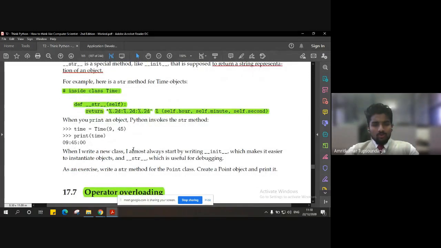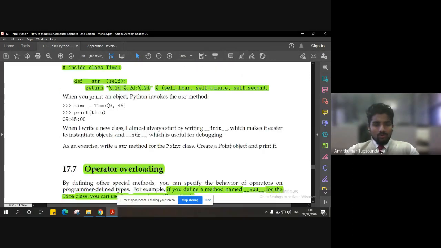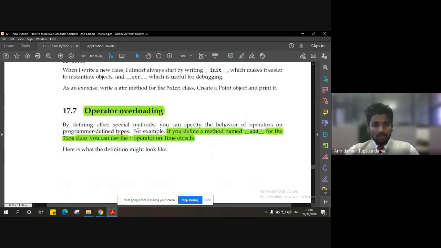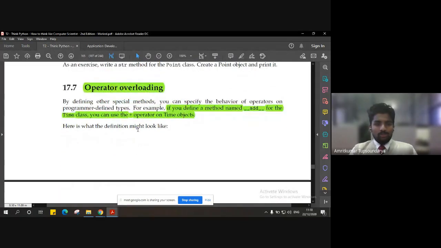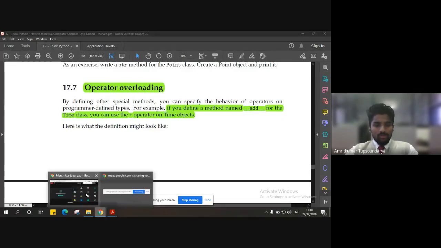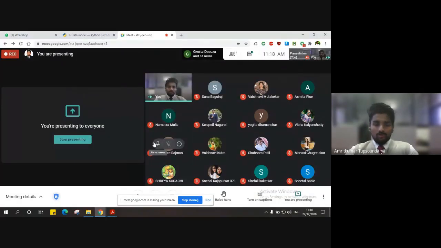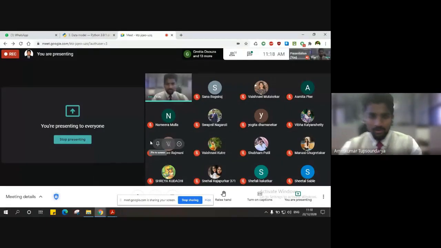Right. So one more important aspect to be discussed here is operator overloading. Can anybody define what operator overloading is? This is not a new term for you. You have learned operator overloading maybe in operating systems, as well as in object-oriented programming, and maybe in the C programming language in your second semester.